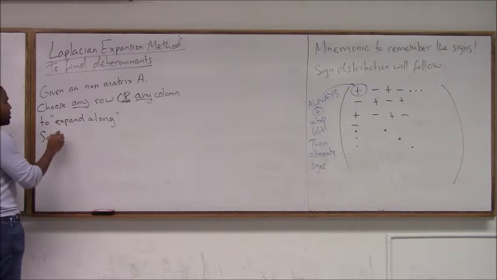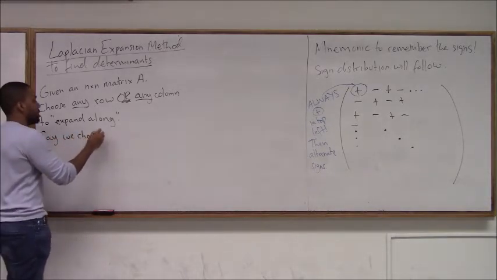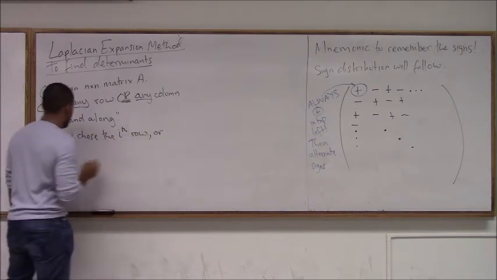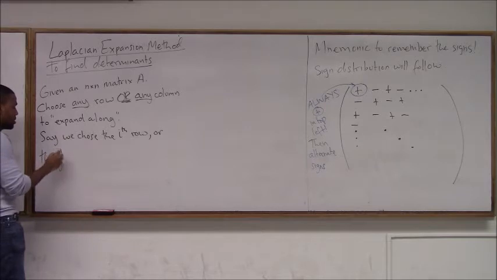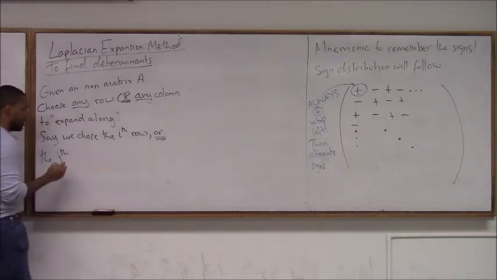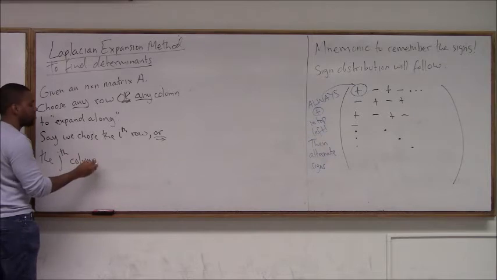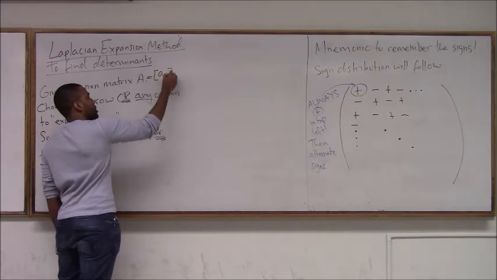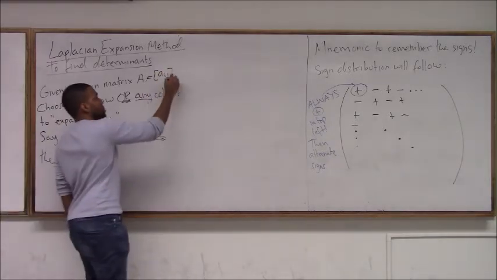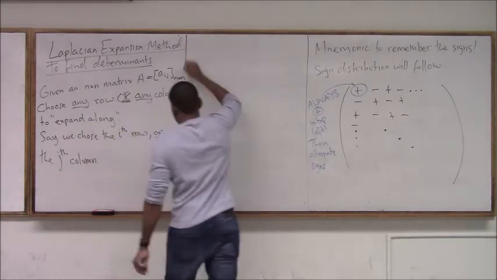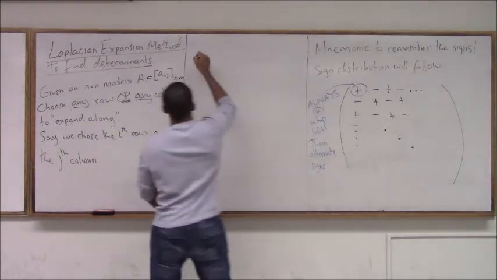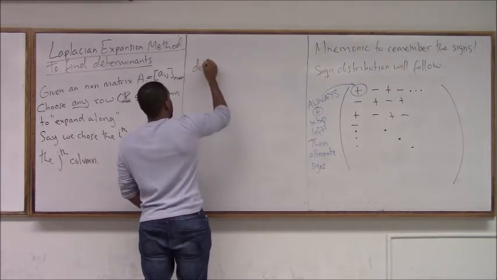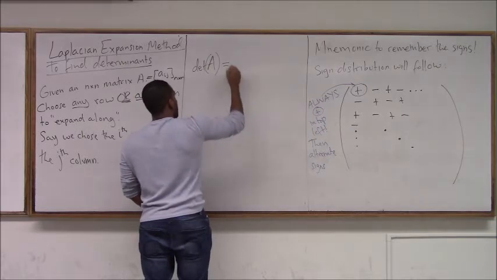Say we chose the ith row, or the jth column. Here I'm thinking of my matrix, and I'm going to denote its entries by a_ij. Here, without further ado, finally, is the determinant. Then the determinant of A is equal to